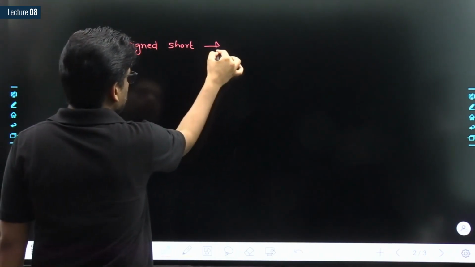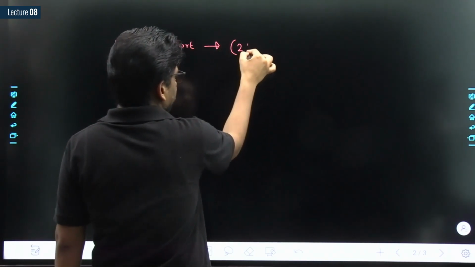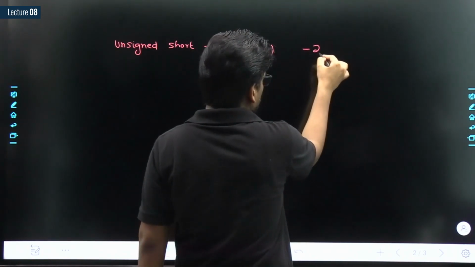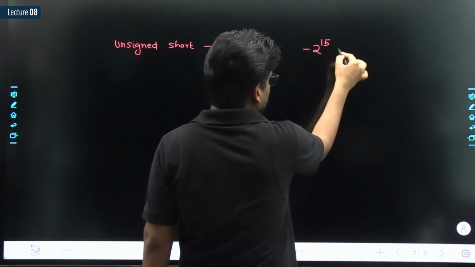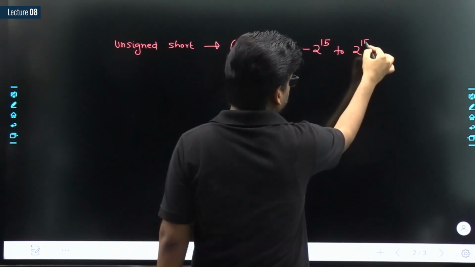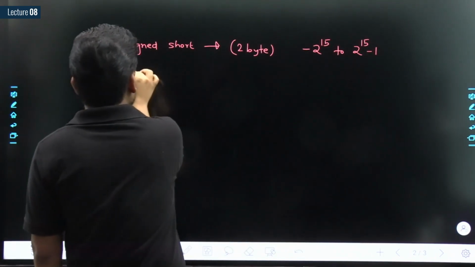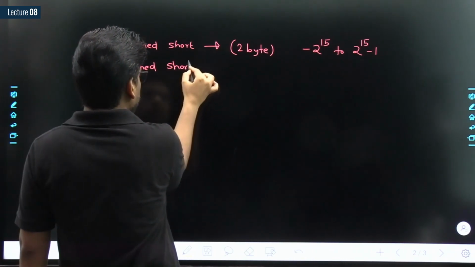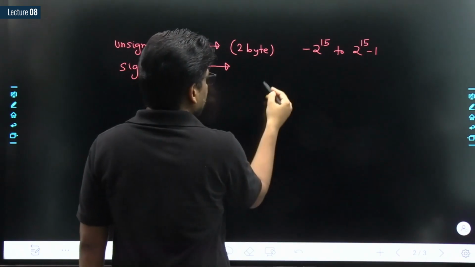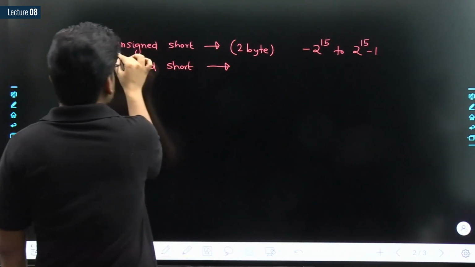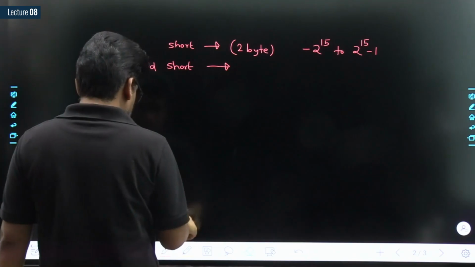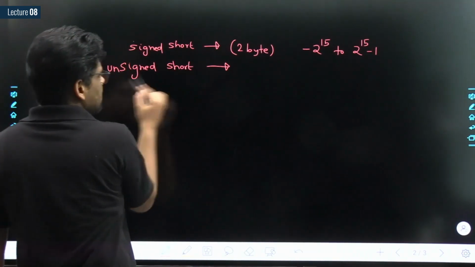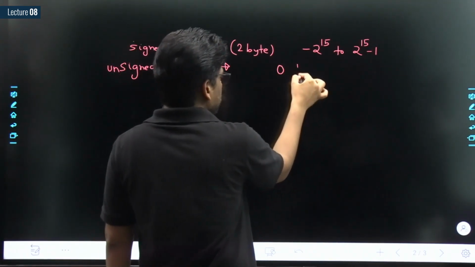The range of unsigned short, if I say it is of 2 bytes, then the range is minus 2 to the power 15 to 2 to the power 15 minus 1. If I say signed short, then the range is, sorry, I made a mistake. This is about signed, and this is about unsigned. Then it starts from 0 till